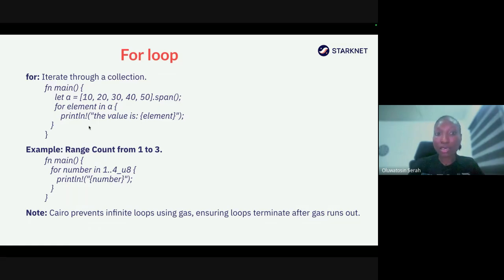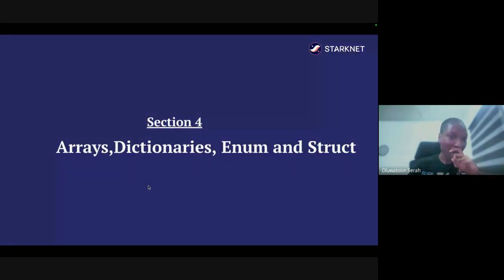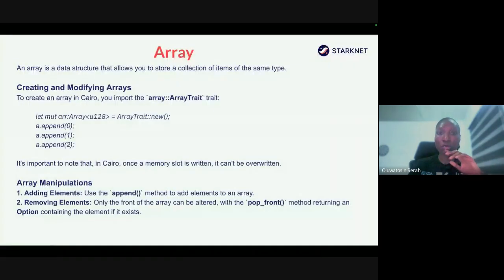So for element in A, print. Then the example, this is an example. This is a range counting from 1 to 3. So you can try this out. This is where we're going to use a lot of time: arrays, dictionaries, enums, and structs. So arrays,